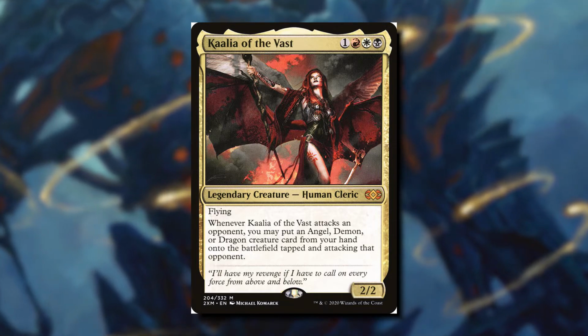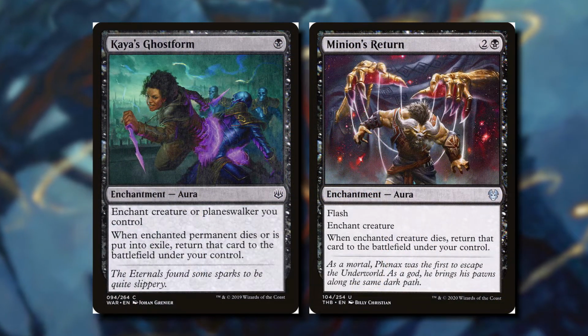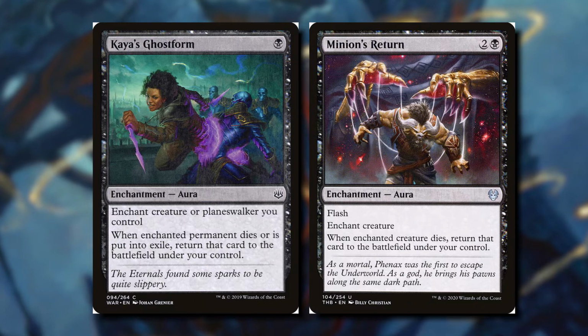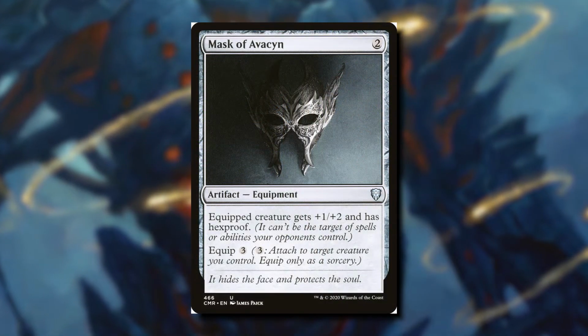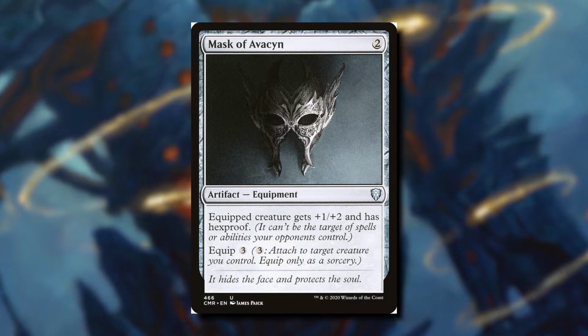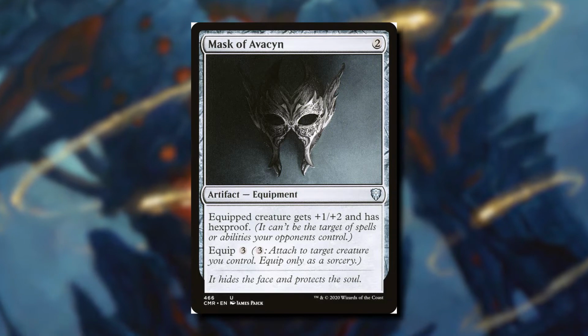target. So we can protect Kaalia with cards like Kaya's Ghost Form, Minions Return. Whenever Kaalia dies, we're able to return her back to the battlefield so we don't have to recast her. Mask of Avacyn is going to give Kaalia hexproof, which means we can still target her, but our opponents can no longer do that. So removal spells are going to be useless against her. They're either going to need a board wipe or they're going to have to get rid of Mask of Avacyn